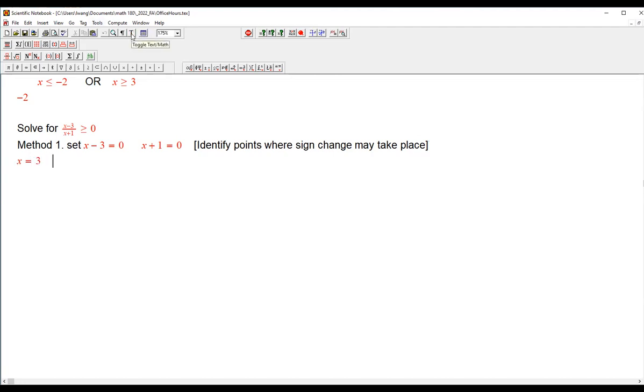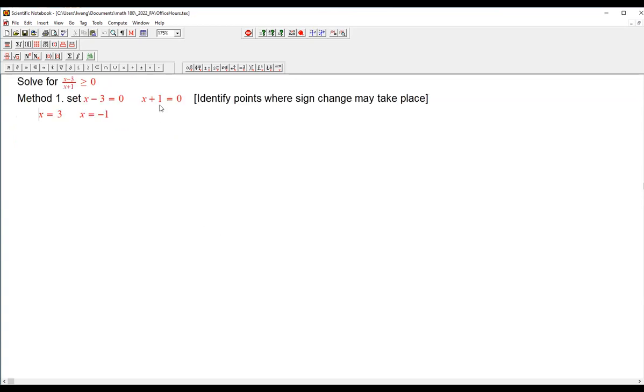This step is not entirely necessary. Some people don't do this step, which is fine, as long as you can identify these two points. Are they x-intercepts if we consider a function? Not necessarily, because you have to consider the domain. So x equals -3 cannot be the x-intercept, because the domain is x cannot be equal to